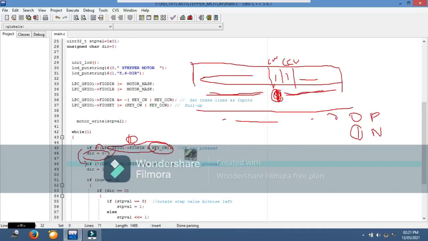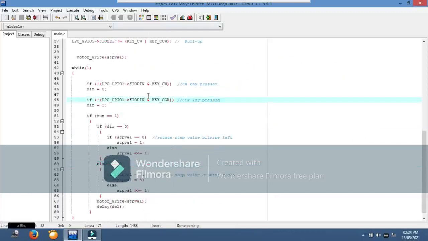So if it is not pressed, it will again check for one more key, which is CCW, whether it is pressed. In this case also it is the same. If it is pressed, the output will be 0. If it is not pressed, the output will be 1, right? Since we use not of this, if it is not pressed, this will become 0, hence it is not true, and dir will not become 1. Like that it will be there for CCW also, right? Okay, we'll move further because time is very less.